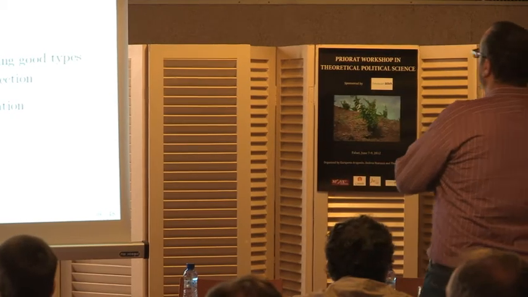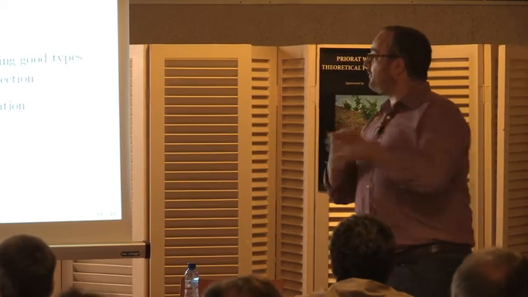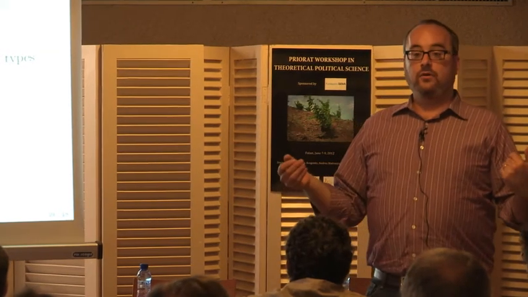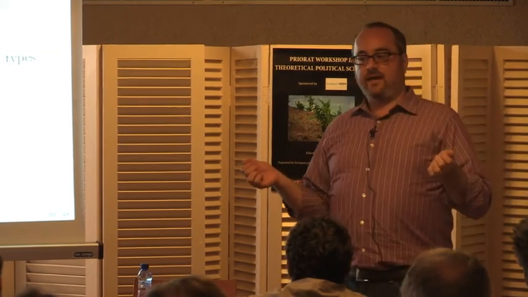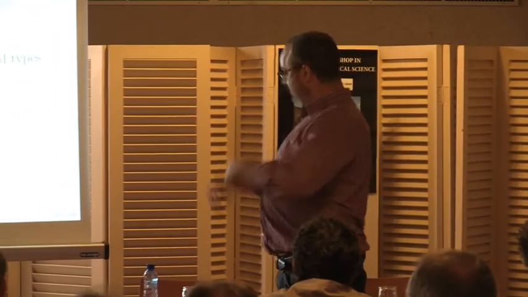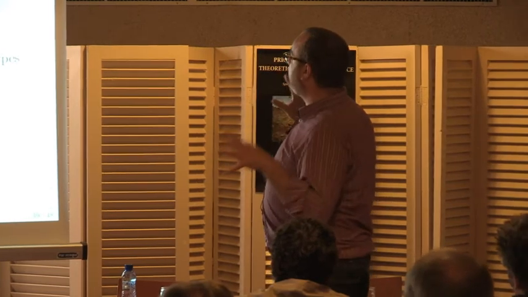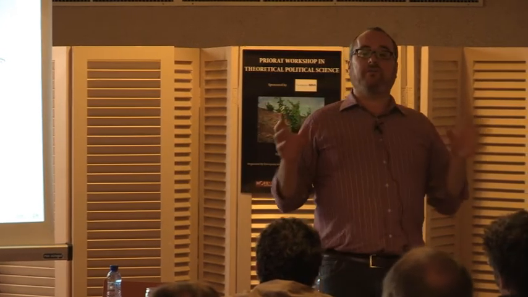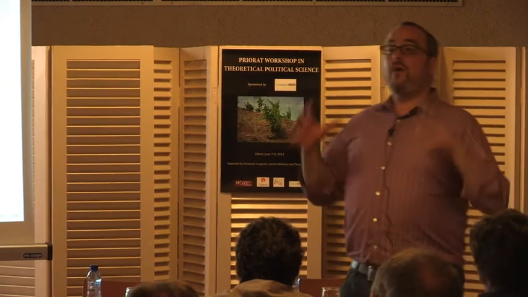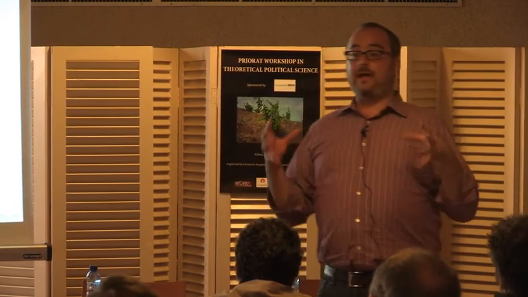All right, so let me talk about second period welfare, where I have results for all the comparative statics. Second period welfare is going to be driven here by how well you're doing at selecting good types, where there's going to be two aspects to that now, as opposed to the standard one action model where there's just how well are you doing at selecting good types. Here it's going to be both a function of how much information is available, but also how flexible the voter is in being able to use that information.